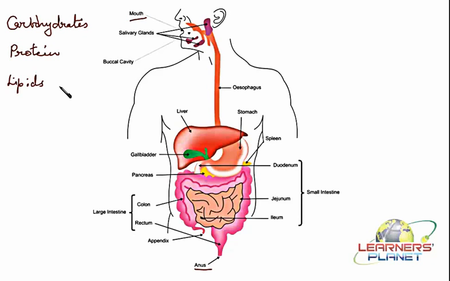Now, prior to such an explanation, let me give you one idea here, that in your exams, questions are asked in different manners. Fine. One way is to ask about the general secretions of these glands, or the structure of the alimentary canal, function of each part, and all that. On the other side, the part which is linked with the digestion is asked. Fine. And in that case, there are two ways to ask a question. And what are those two ways?